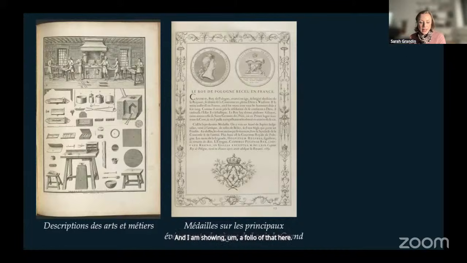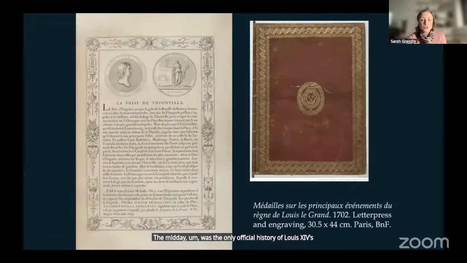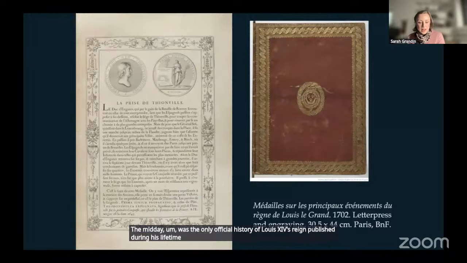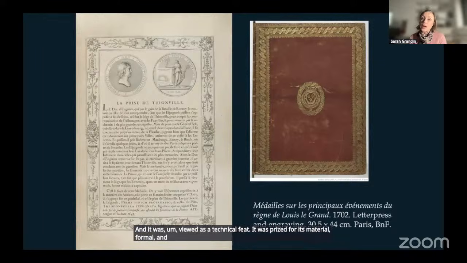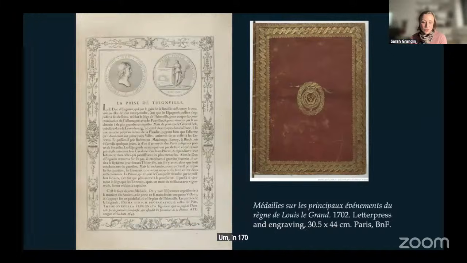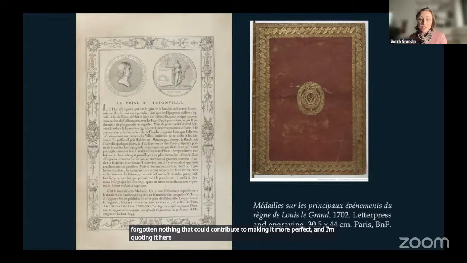The Médailles was the only official history of Louis XIV's reign published during his lifetime. And it was viewed as a technical feat. It was prized for its material, formal, and symbolic coherence. In 1702, the Journal des Savants praised it for having forgotten nothing that could contribute to making it more perfect, and I'm quoting it here,